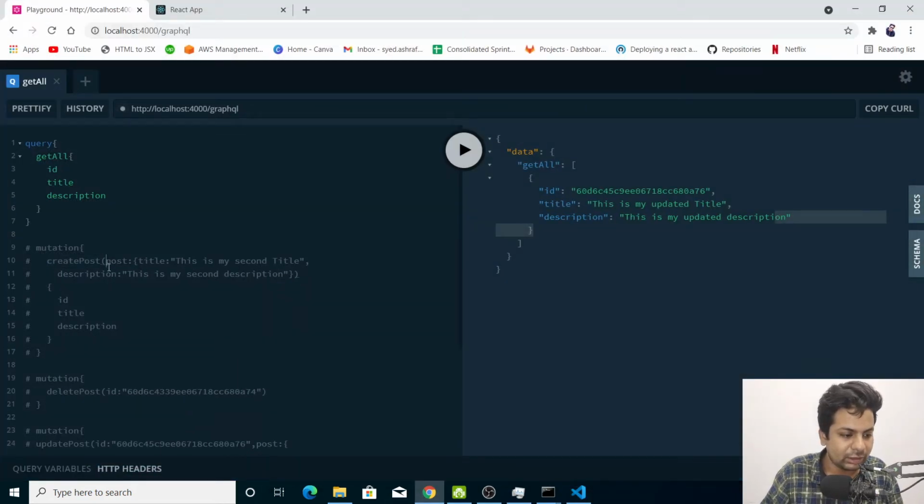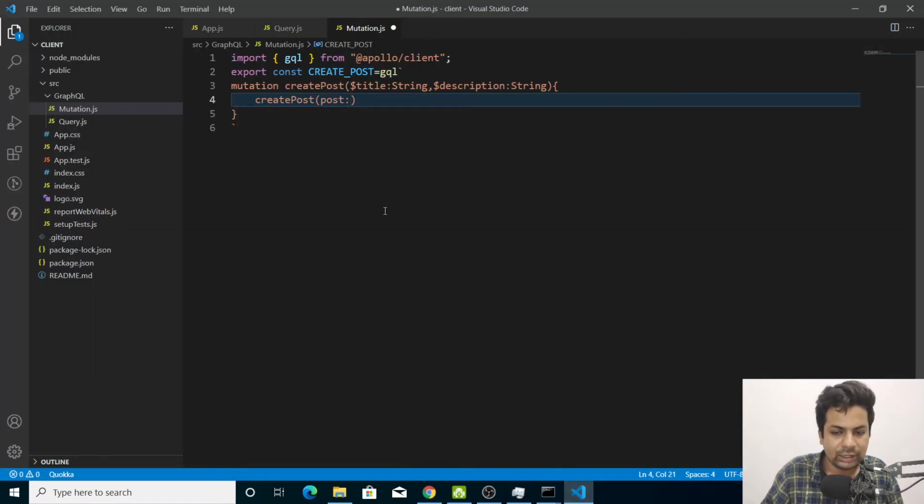We pass a key called post, then title and description, and here we receive title, and we'll say dollar title comma description, and we'll say dollar description.